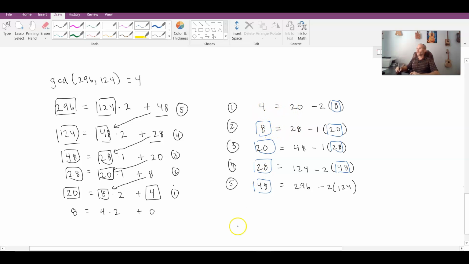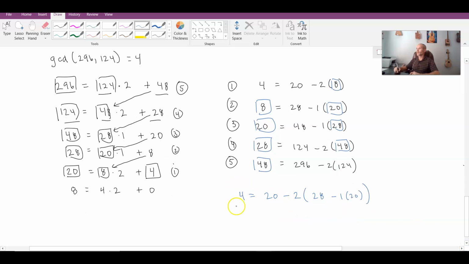If I make my first substitution, 4 is equal to 20 minus 2 times 8, and 8 is equal to 28 minus 1 copy of 20. Again, in this step, I can see that I'm keeping track of the 20 and the 28, so I want to make sure that those don't get canceled out. So I have 4 is equal to 20, negative 2 copies of 28, plus 2 copies of 20. And that can be simplified down to saying, well, here I have 1 copy of 20. Here I have 2 more copies of 20, so I have 3 copies of 20 and